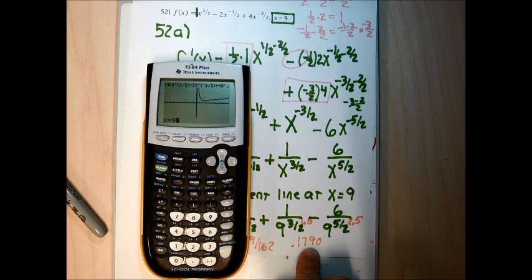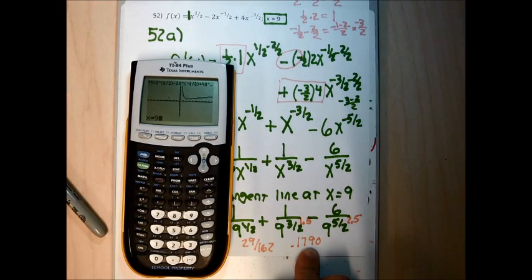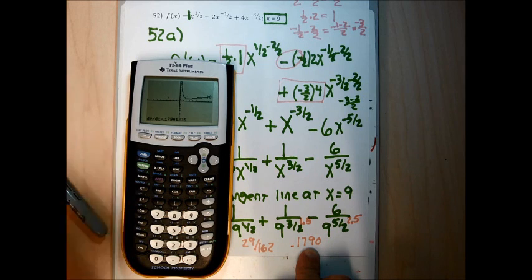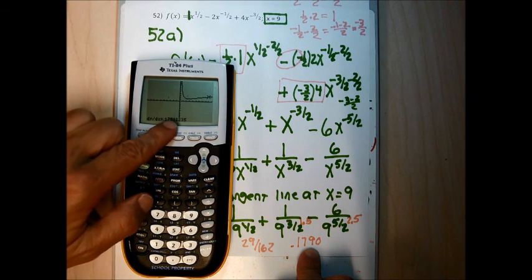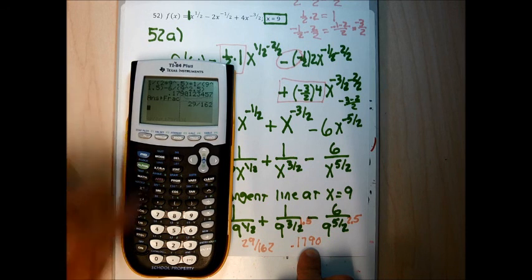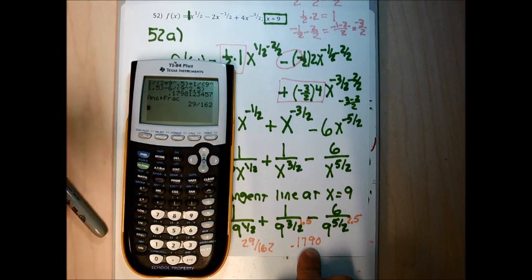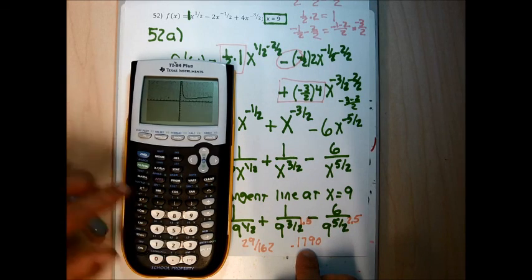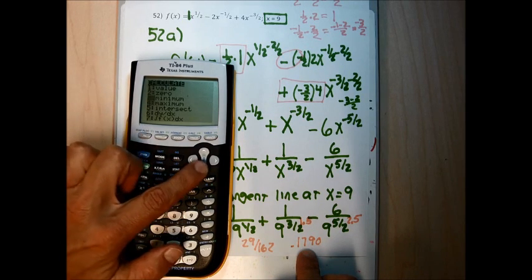When I hit enter, it's not going to give me the fraction 29 over 162. But if my answer is correct, I'm going to get 0.179. And I get exactly that, 0.1790123. If I went back to the main screen, I think I'll see exactly that number again. So those are essentially the same, at least close enough to the same. My calculator does some rounding. It doesn't do exact calculus, but this is right to 3 decimals, so I'm feeling really good about my answer